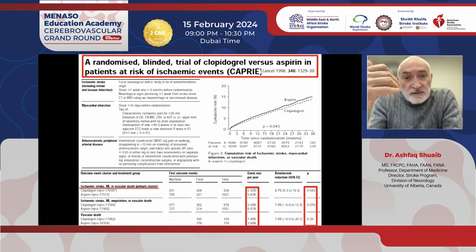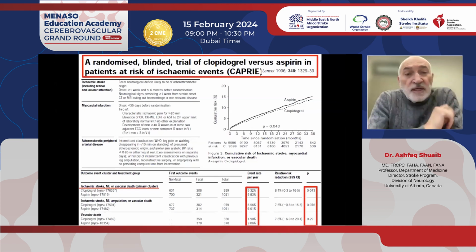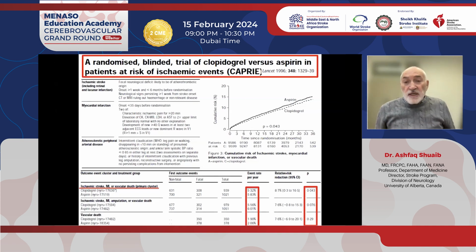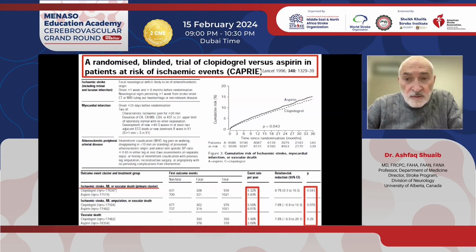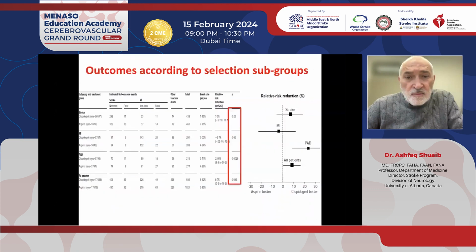So my practice has always been that if somebody is on aspirin and they have a TIA or a stroke or an MI, make sure that they're compliant to the drug. Very frequently, and I'll show you some data from low to middle income countries later on, but make sure that they're compliant to their medications instead of switching. Right? Because Plavix has more side effects and it's more expensive also. But a really important landmark study.